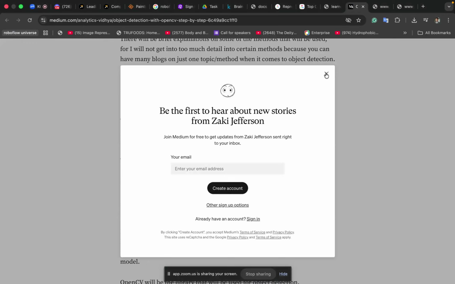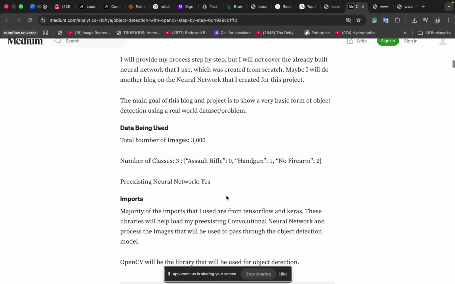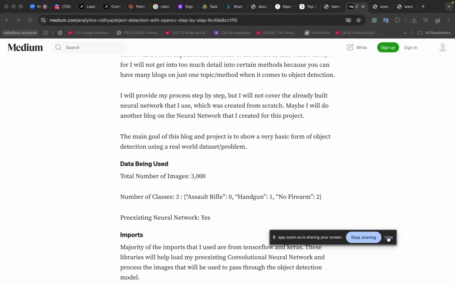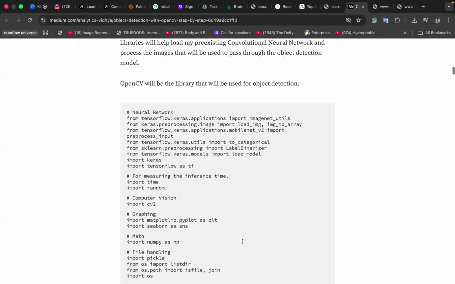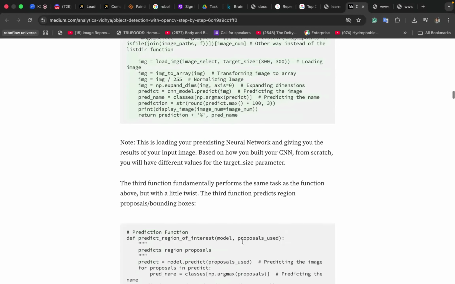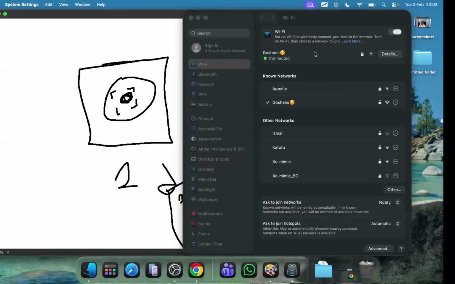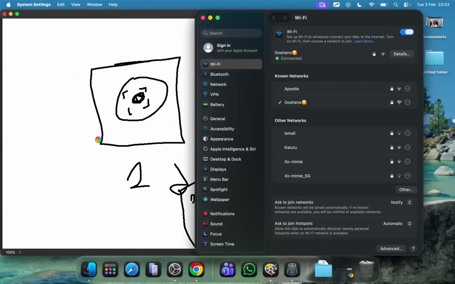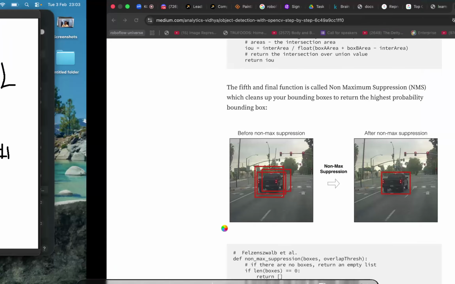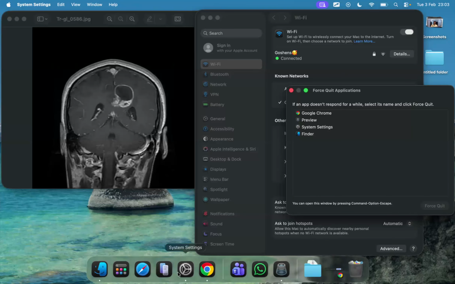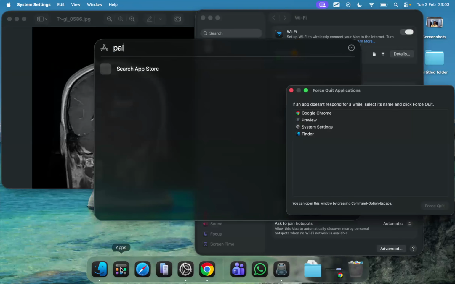This is now what differentiates object detection and image classification. They are two different things entirely. Object detection is when I give an AI model